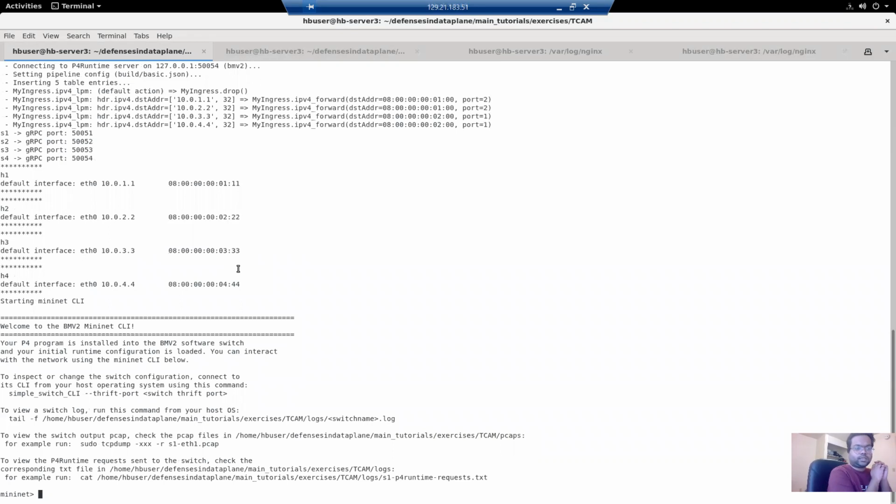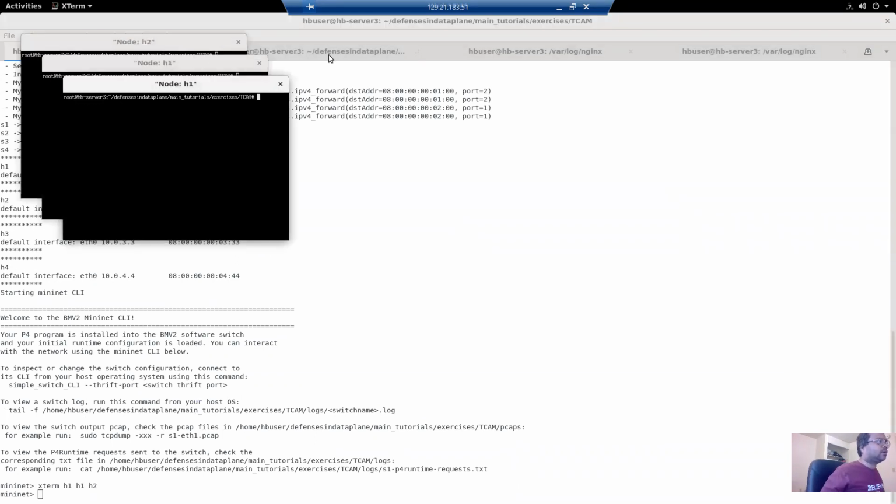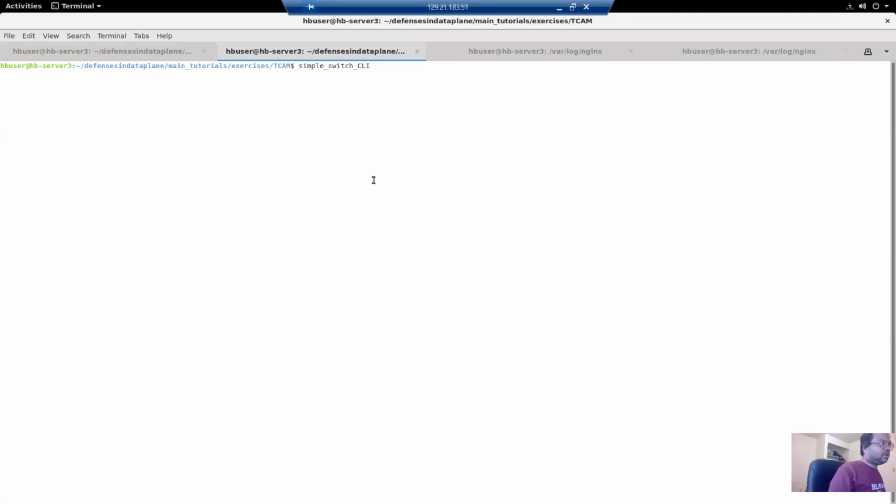In case some people don't know about Mininet, there is a website called mininet.org, which contains all the details of basic Mininet commands. For us, I'm just going to open up the H1 and H2 terminals. And this is where I'm going to run my control plane utility program.